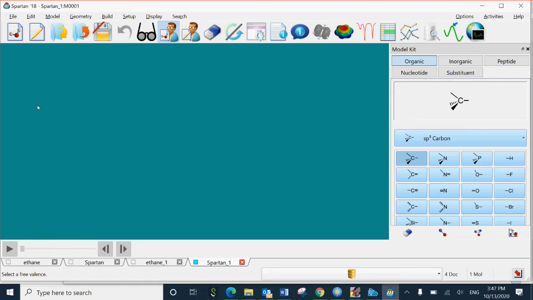And now we will find the strain energy associated with the different conformations of butane. So go to new build. For butane you need 4 carbons. So sp3 is already selected. Double click on the screen and click on the hydrogens.